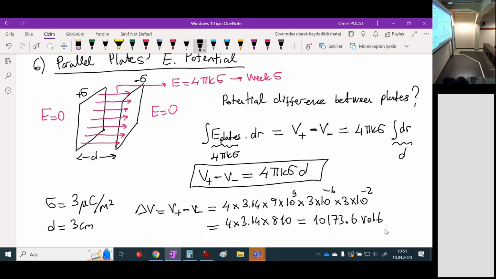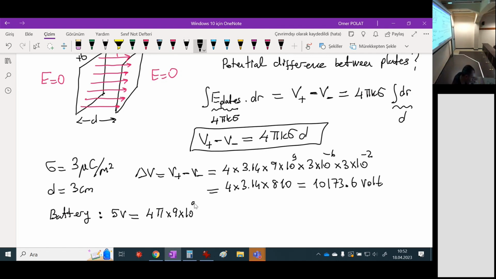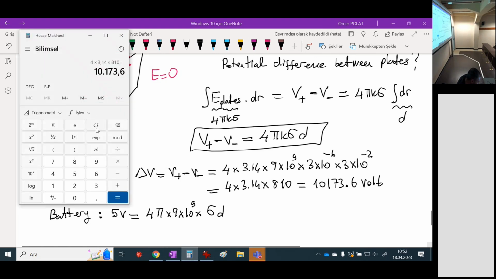Okay. For example, let's calculate for our battery. 5 volts, we know 5 volts. Battery is 5 volts, right? So the phone battery, 5 volts. If I apply the equation 4 pi, 9 times 10 to the 9, I don't know sigma, I don't know thickness, let's say sigma d. Let's find the sigma d, this factor. So what is sigma d? I will divide numbers. So 5 over 4